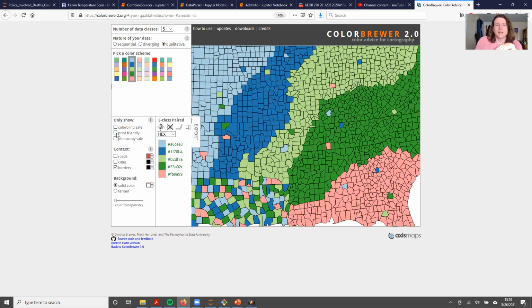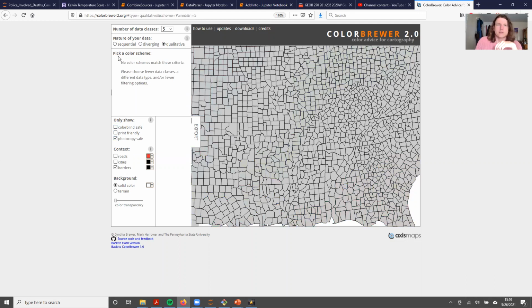But taking it beyond that, you can also select colors that are going to look good in print or that are going to be photocopy safe. So there's different options